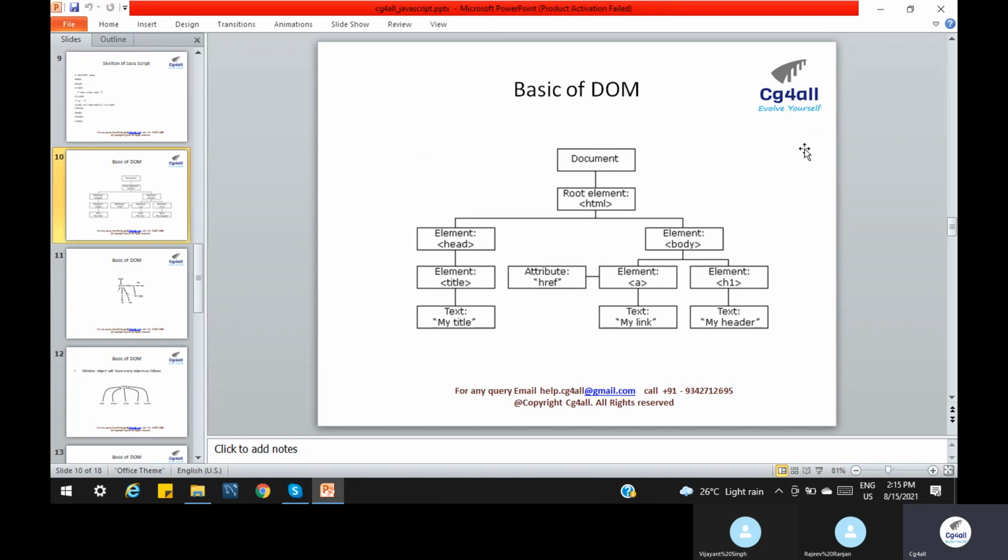So first, let us understand with an example diagram, then we will see what the DOM basically is. DOM means we have many elements in the HTML or JavaScript. Basically there is a document, a root, and a tree kind of structure of elements. We have elements, a body, a title. Any element we define in HTML code, which might be content, CSS or JavaScript, is stored internally by the browser in a DOM. So this is the basic skeleton of a DOM.